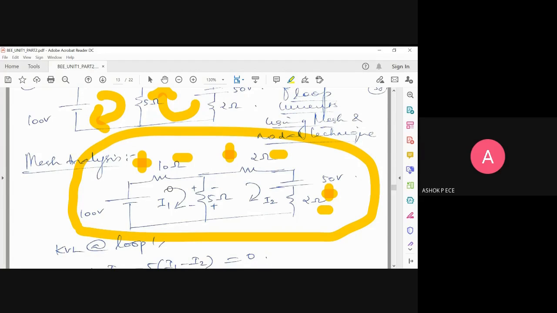Yes, sir. Now you write the KVL at loop 1 and KVL at loop 2, and first write the KVL at loop 1. We'll cross check the equation. So apply Kirchhoff's voltage law at loop 1, element by element, see what is the plus sign and write. It will be almost the same as your previous equation, because this mesh is not changed. Only the second mesh has a voltage, so this mesh will have the same equation.